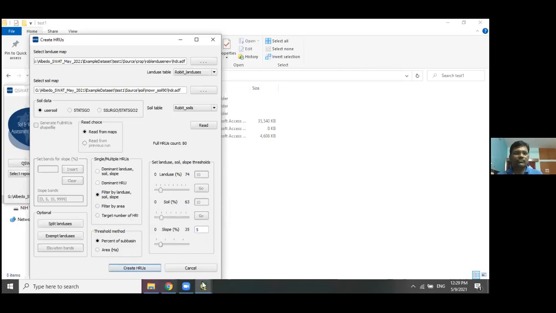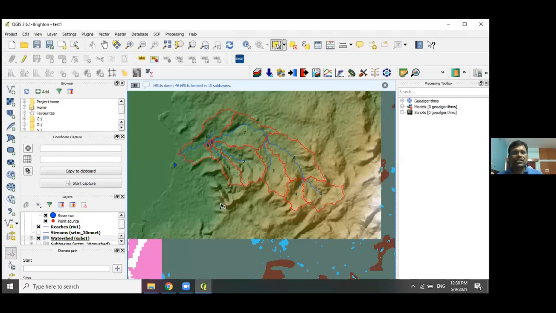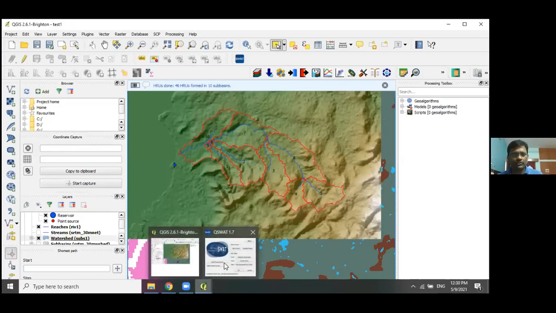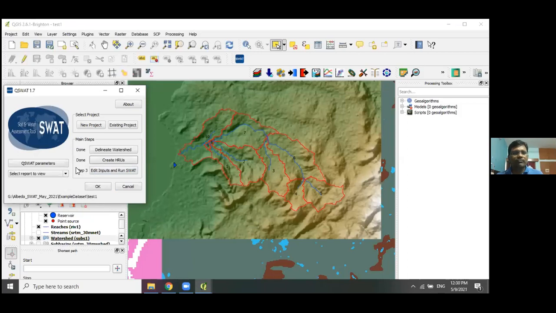Now it will create the HRUs. Okay, so the HRUs are created now. If you want to see, the parameters are highlighted. Select report to view. You can view the HRUs here.